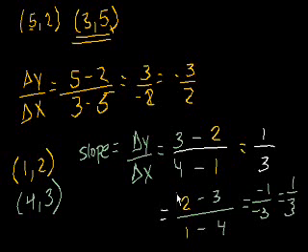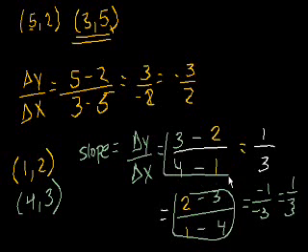So I'll let you think about why this and this come out to the same thing. But the important thing to realize is if we use the 3 first for the y, we also have to use the 4 first for the x. That's a common mistake. And also, you always have to be very careful with the negative signs when you do these type of problems. But I think that will give you at least enough of a sense that you can